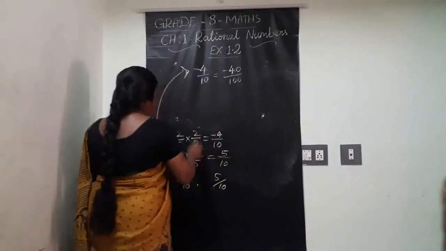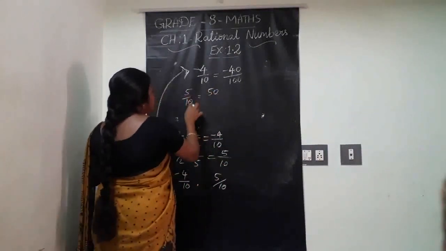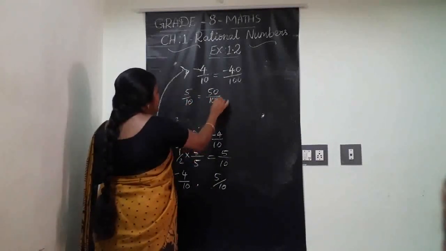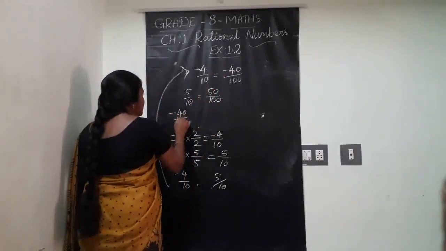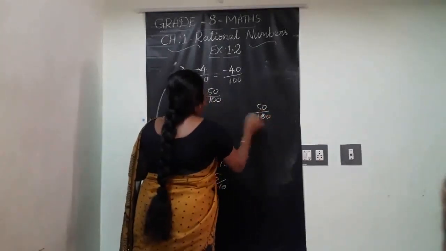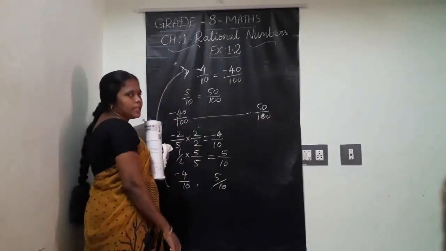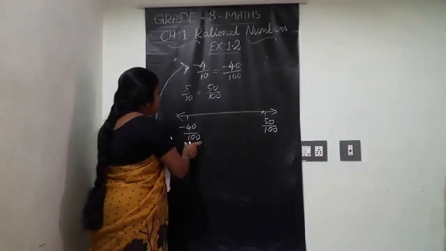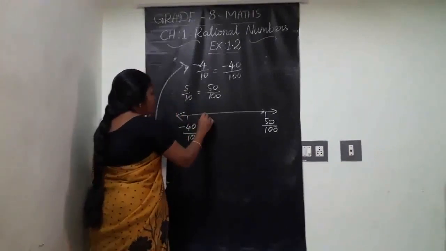Like this, next number, 5 by 10. Here also, if I multiply this number by 10 by 10, it becomes 50 by 100. Now, my number at the left side is minus 40 by 100. Right side is 50 by 100. Between that, I have to take 10 rational numbers. Clear? So between minus 40 by 100 and 50 by 100, 10 rational numbers means: